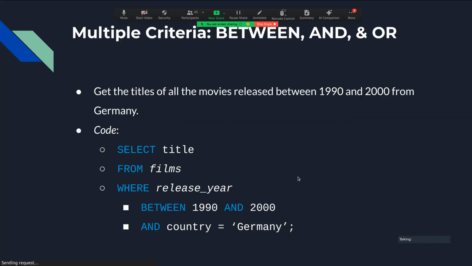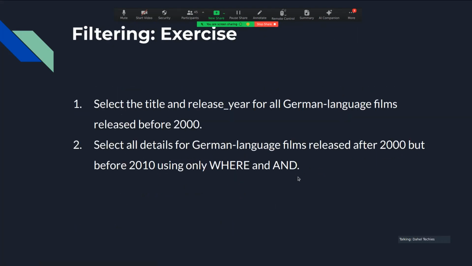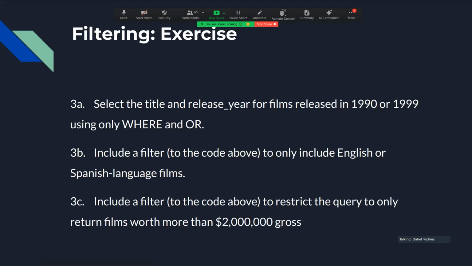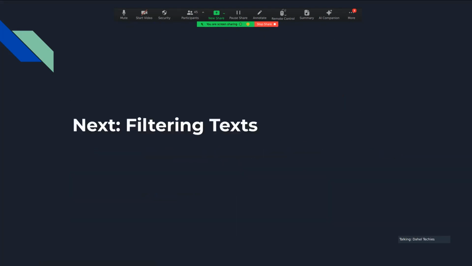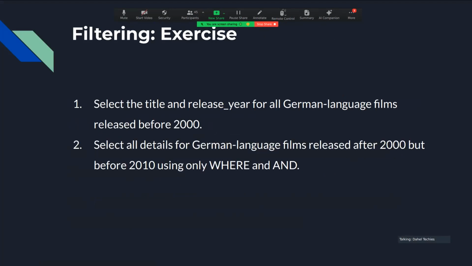Right. Let's move on to exercise. Cool. So we get to do this. Let's do it. So the first one is select the title release here for German